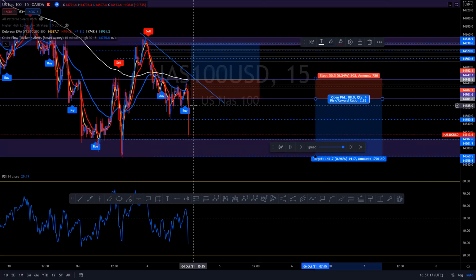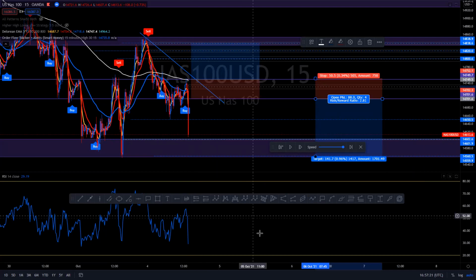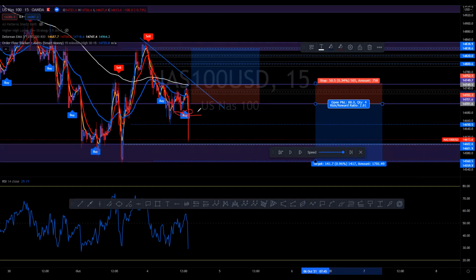I might have maybe even put a pending order entry price here, or I probably would have just done market execution. But by the time price had gotten down to here, maybe passing this resistance here, maybe even up here, I probably said, man, forget it. Let's go ahead and sell it. So ultimately,